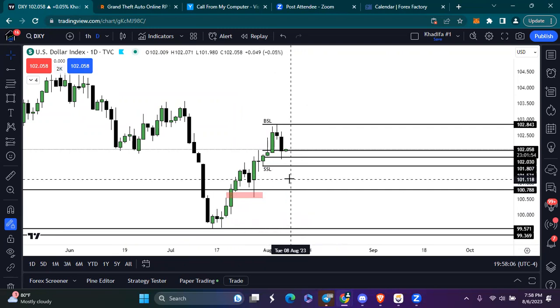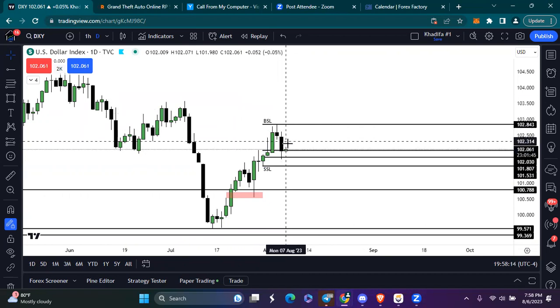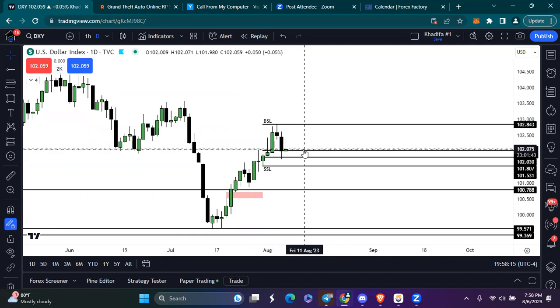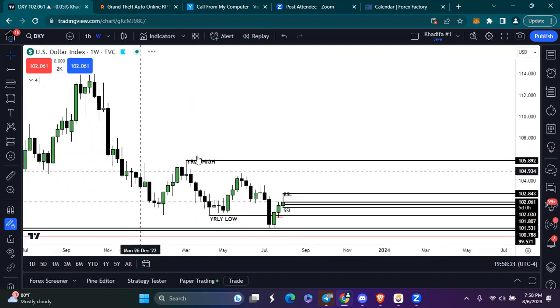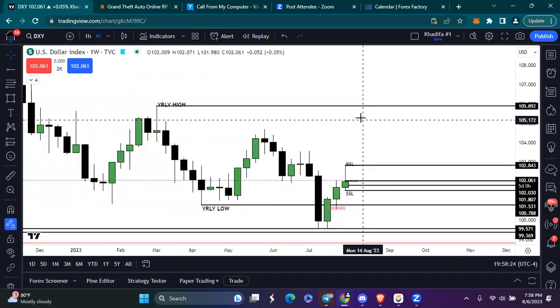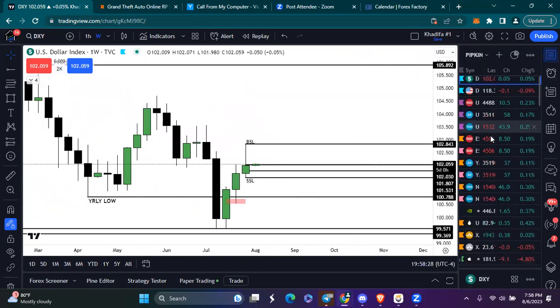sell off. However, as I said, my gun to head analysis or bias for the dollar is continuing to expand to the upside. So with that being said, I'll go back to the weekly time frame and we'll keep it moving to look at our currency pairs